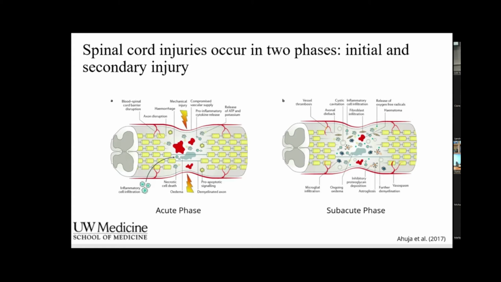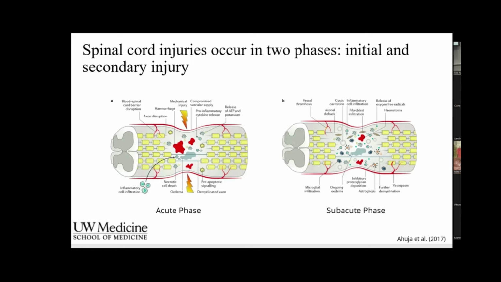it. So the main way we can think about and characterize spinal cord injury is that it occurs in two phases, the initial and secondary phase. This is a temporal way to describe it. So it's not like the initial injury doesn't happen and then the secondary does. It goes into one. But the initial injury can be characterized by the direct mechanical injury that causes tissue damage. And it starts with the hemorrhaging and the cell death. And then about 4 to 5 hours after the injury, you move more into the secondary injury, where